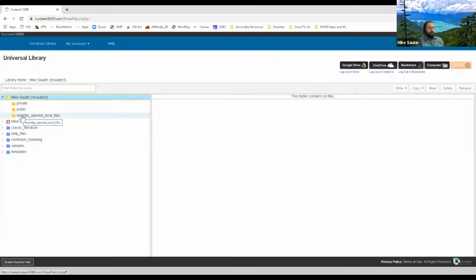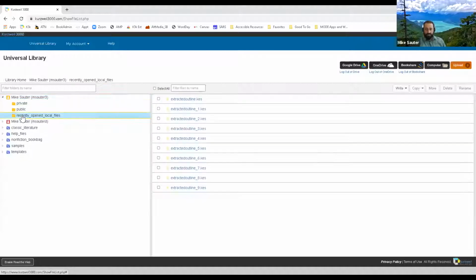The recently opened local files is the folder that Kurzweil uses as the default location for any newly created documents. So you can see here this list of extracted outlines that I have done in the past and the 2 that I have done today. Extracted outline number 8 and 9 were created today.